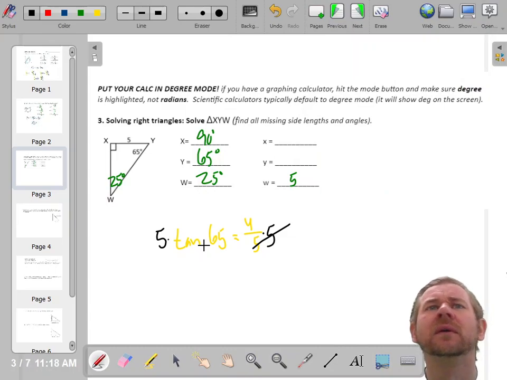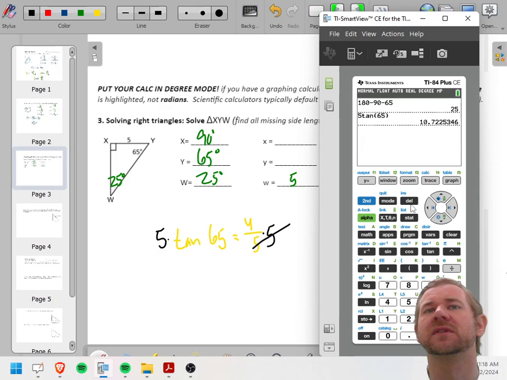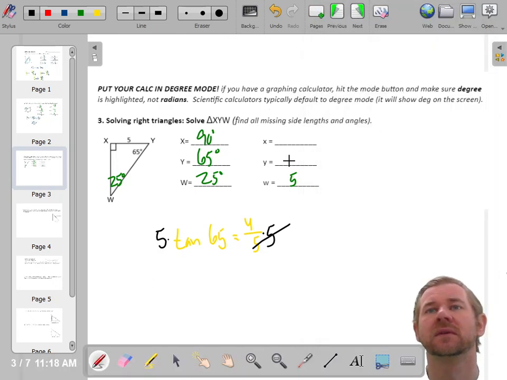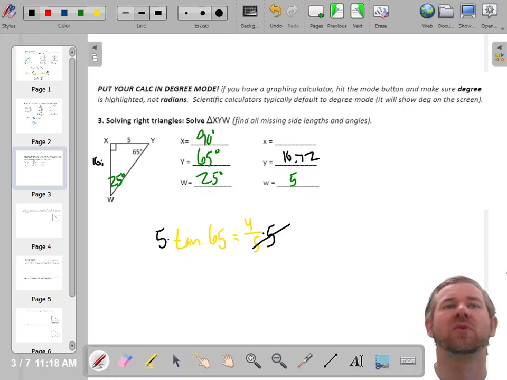What's it say to round to? It doesn't say what to round to, so I'll just keep 2 decimals. 10.72 is little y. Now you could do Pythagorean theorem, but just because I want to practice, I'm going to do another trig